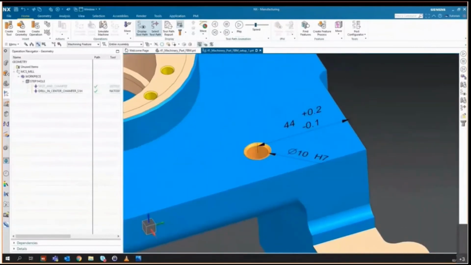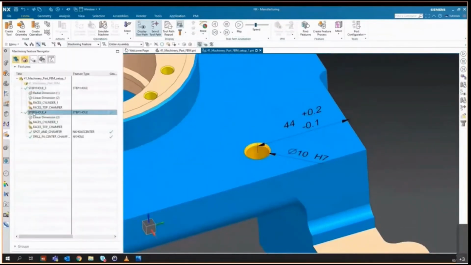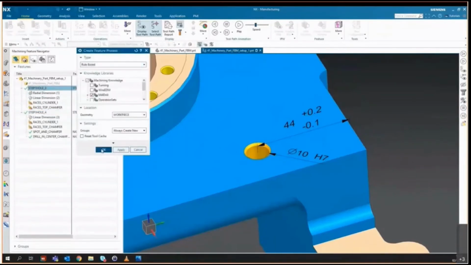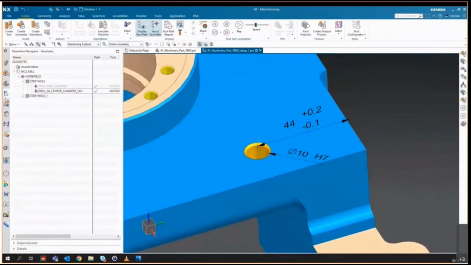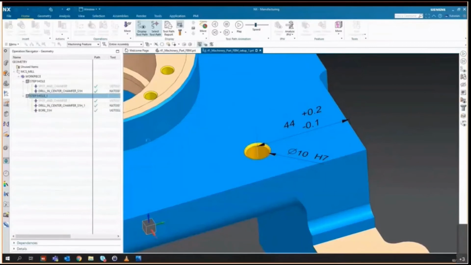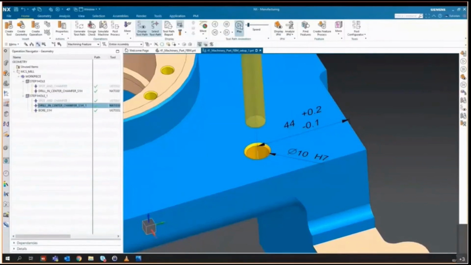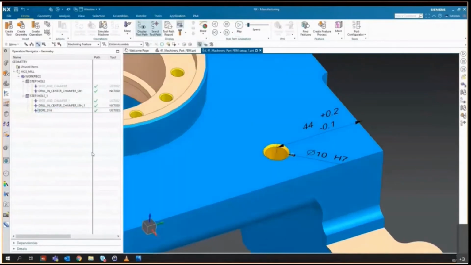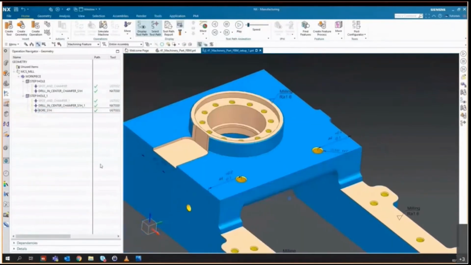Now let's have a look and see what happens when we apply the same rules to a hole that has a limit of fit tolerance. So again, we go through exactly the same steps. We don't have to select anything differently. We simply run the feature process operation. And this time you can see we have an extra operation that's been created. So the PMI and the tolerance has driven NX to output, again, a spot drill to drill a chamfer, again, a drilling operation, but this time it's selected a slightly smaller drill. And that's to leave some stock material to either ream or, in this case, to bore the hole to size. So it's all about using PMI to drive the decisions that NX makes around which operation types it's going to use.